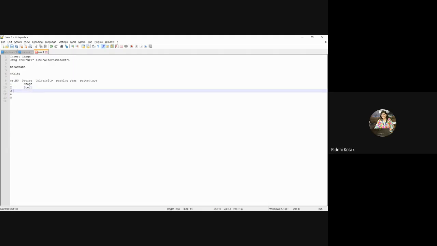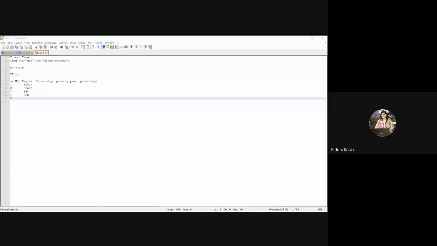You can go with HSC, SSC, or any other degrees you want to apply, like PhD, postdoc, right? But you have to practice the table. Which tag will be used to create the table?